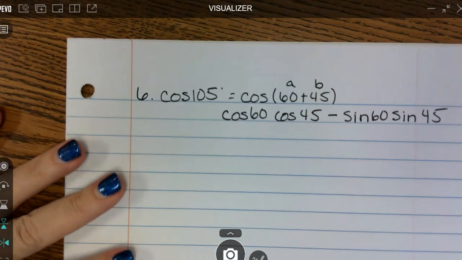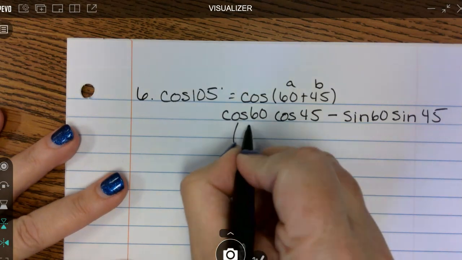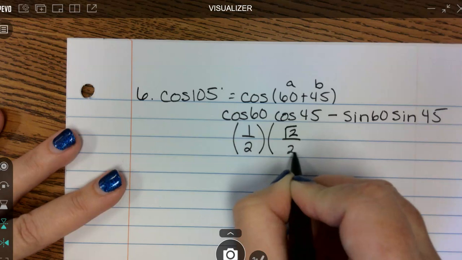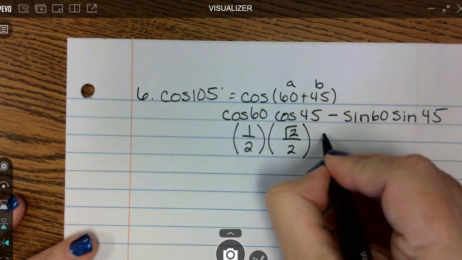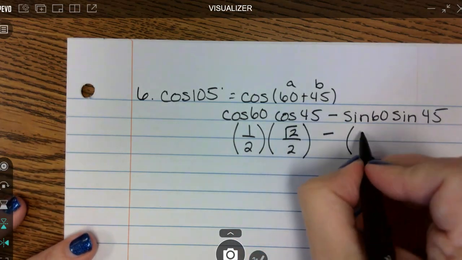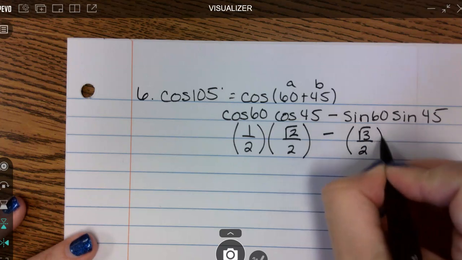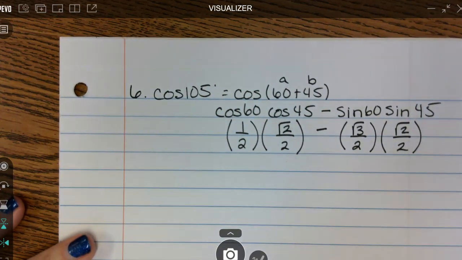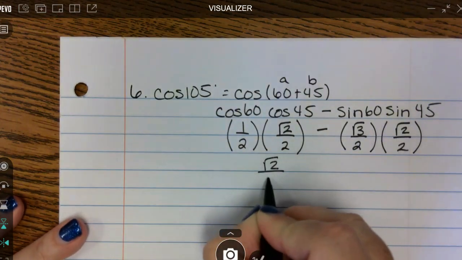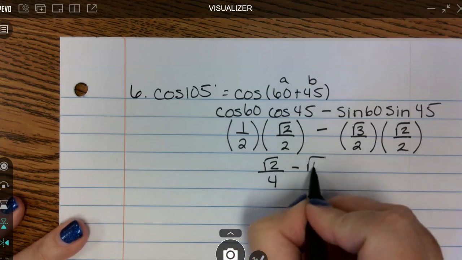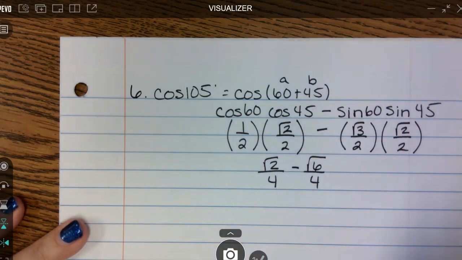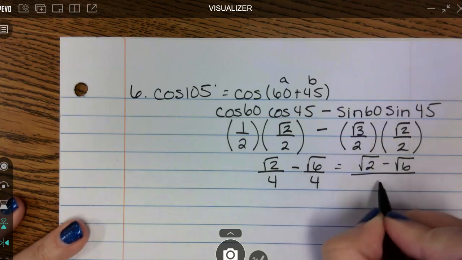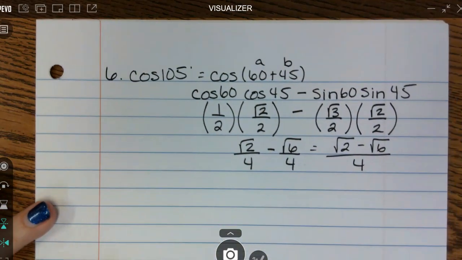Back to your unit circle. So cosine of 60 is 1/2. Cosine of 45 is square root 2 over 2. Minus sine of 60 is square root 3 over 2. And sine of 45 is square root 2 over 2. Okay. Multiplying, I get the square root of 2 over 4 minus the square root of 6 over 4. And so all I can do is put this on one fraction, but I can't do any better than cleaning